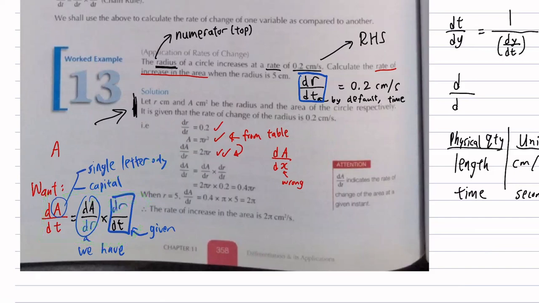Okay, then now we just proceed with the substitution. The rest is easy already, the easiest part, just substitute. dA by dr is 2 pi r, dr by dt is 0.2. Multiply, you get 0.4 pi r. But wait,